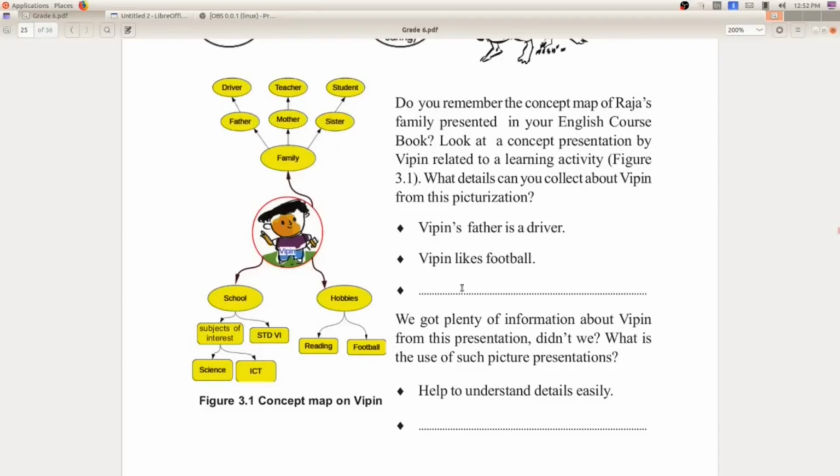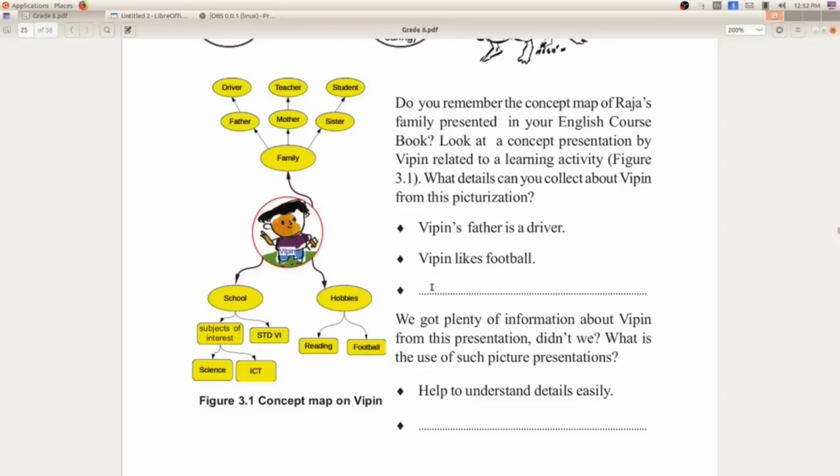You have to fill out this blank space. Already two points are given. The first point is regarding his family. The second point is regarding his hobbies. So the third point should be regarding his school. What should be written here? Please tell me, my dear students.